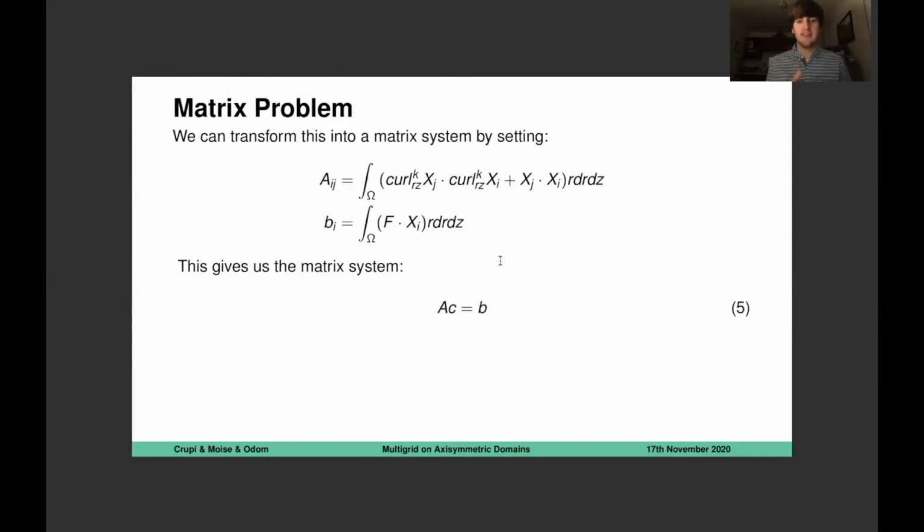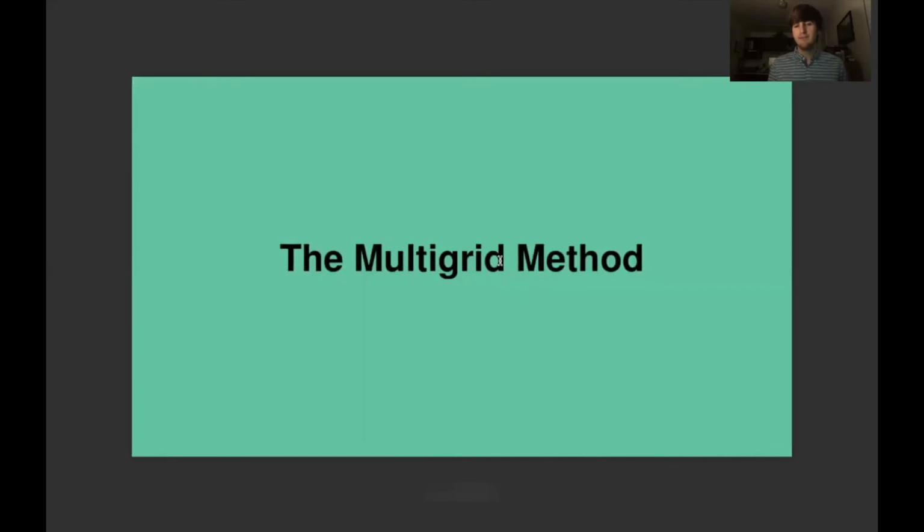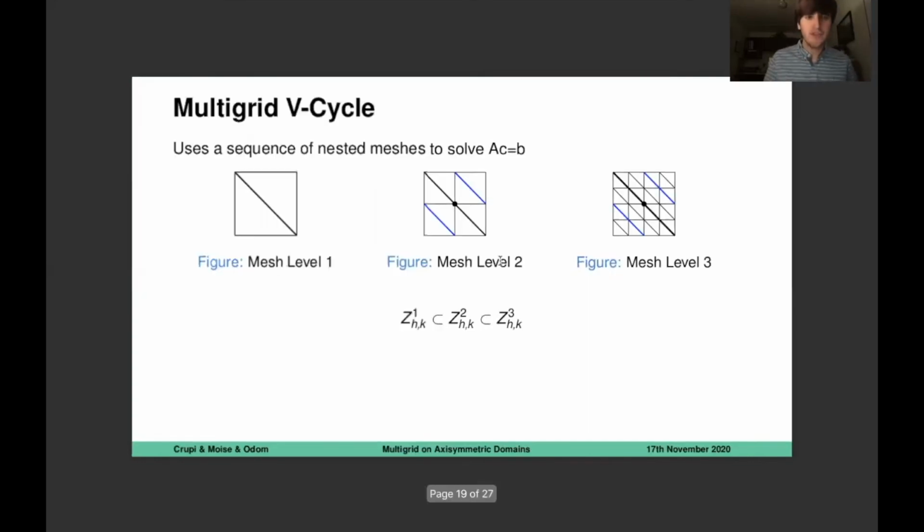So this gives us a matrix system. And as I mentioned before, for really high mesh levels, this matrix system can get out of control. So our goal was to show numerically that we could use the multigrid method to actually solve this system a lot more efficiently. So the first question we needed to address is the non-triviality of multigrid when applying it to